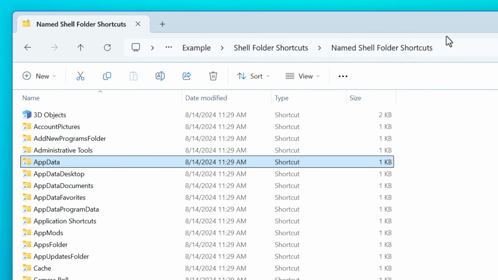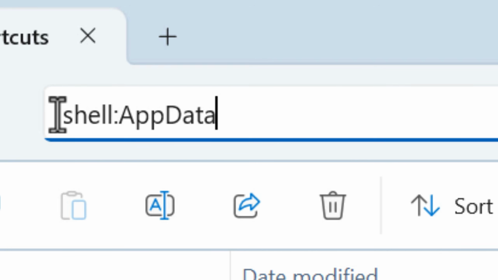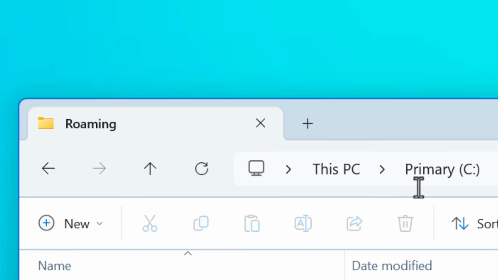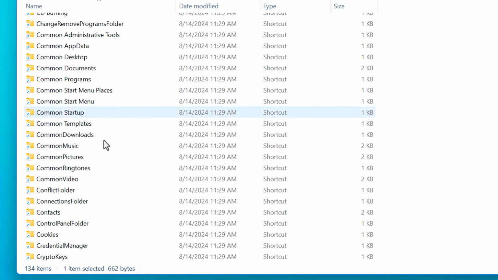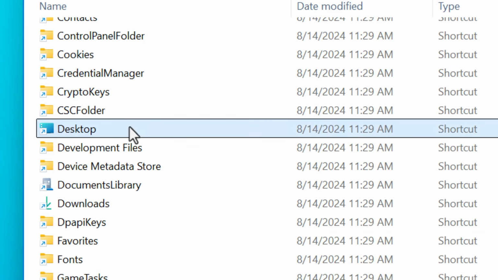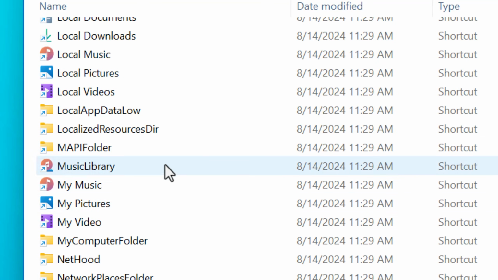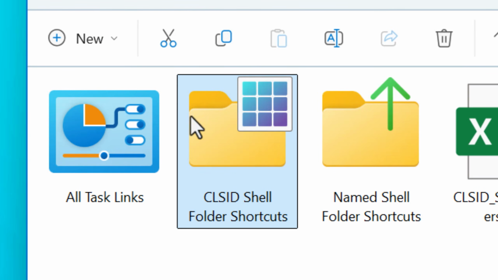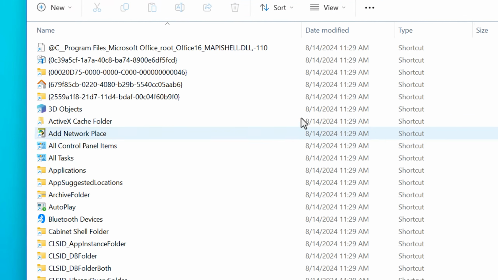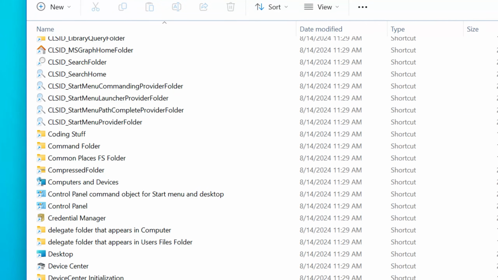And fun fact, you can actually type each shell command right in the address bar and it will go to them too. So it's not like it has to be a shortcut. And again, the names of all these shortcuts here are simply those special names. And I also coded the script to go and fetch the proper icon for each shortcut if there was one to the resulting folder. All right, next, let's look at these CLSID shell folders. And these are actually more interesting. They don't just go to folder locations.